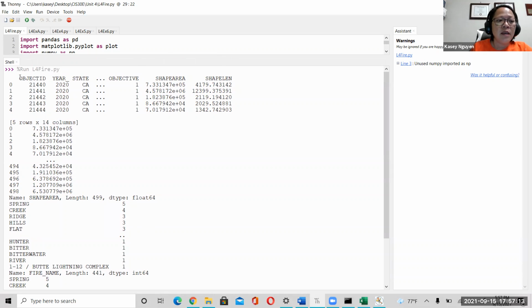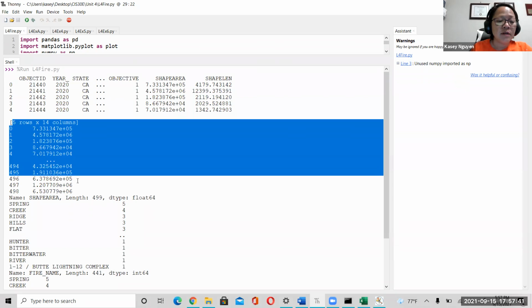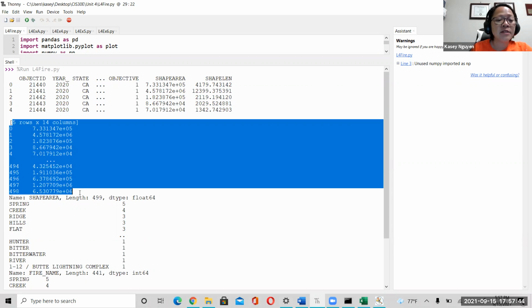So here is what we did when we showed the first 5 rows, right? And so we would be able to see somewhat of the column names, but it does do the ... there. And then it's also going to show you the frame there. So 5 rows and 14 columns. Now it's giving you the summary. Then I print out